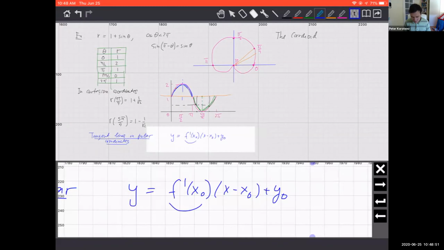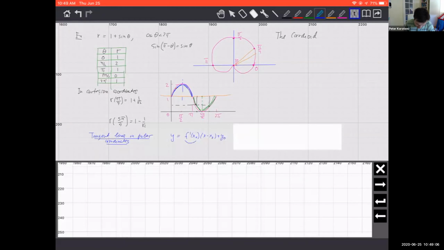So (x0, y0) is the point where we're drawing the tangent, and f prime of x0 is the derivative of function f at that point. Now our function is given in this polar presentation, so we need to switch coordinates to describe it in that manner. So dy over dx, by chain rule, gives us